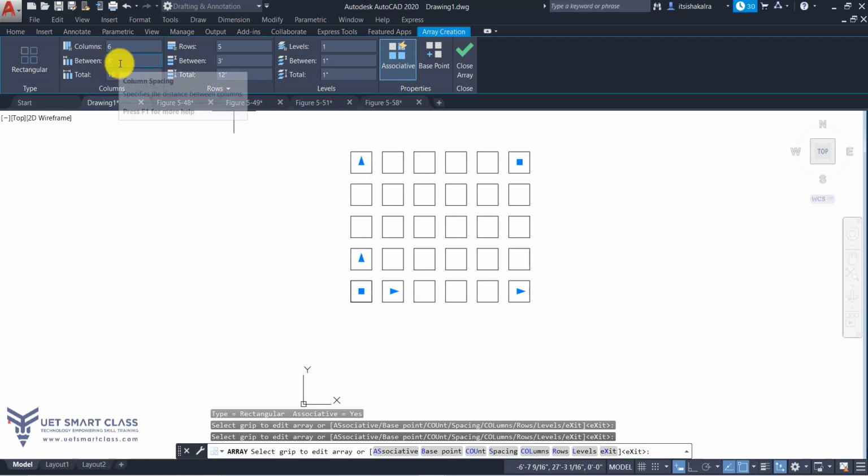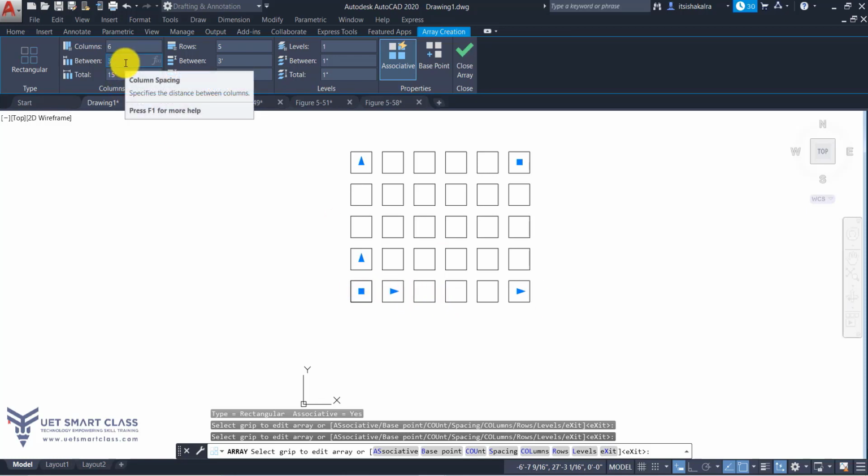Now next is between, for both. The distance between the columns would be, as of now, see, my base point is the center of the source object. This was my object which I selected. So the base point is the center one, where the grip point is. Okay, so from here it will take center to center of each and every box.